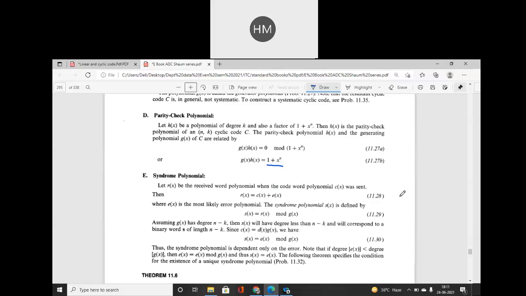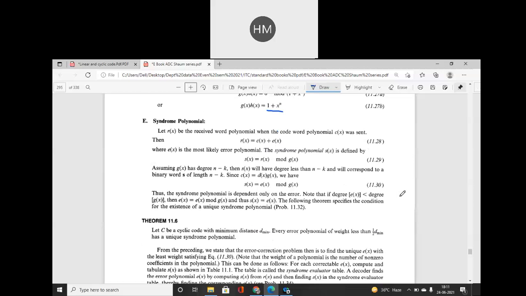Now syndrome polynomial, very important thing, because to calculate the error at the receiving side, how to detect and correct the errors can be done by using syndrome polynomial. And it's very easy to detect the error, but it's very tough to correct that error. It requires a separate algorithm to correct this errors generated. And most prominent, we can say, if number of errors are very high, then it becomes very complex system. It becomes very difficult to correct all those errors.